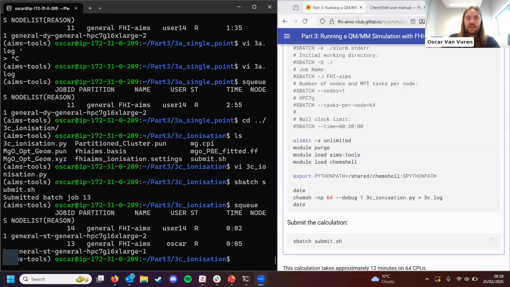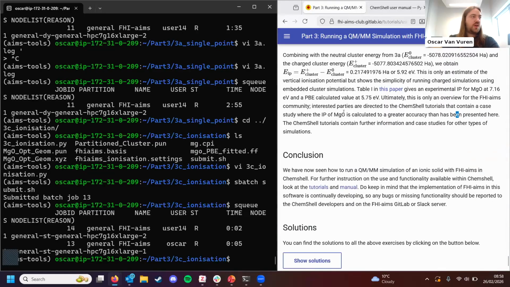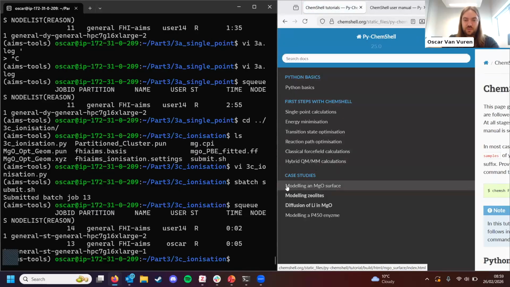I wonder if perhaps in this intermediate time we can have a little look at the other tutorials that are available on the ChemShell website, just to have a brief overview of what else you can do. This modeling scheme is not just applicable to magnesium oxide, of course, but also to other ionic materials. If we have a quick look at the ChemShell tutorials and the case studies, particularly, you'll see modeling an